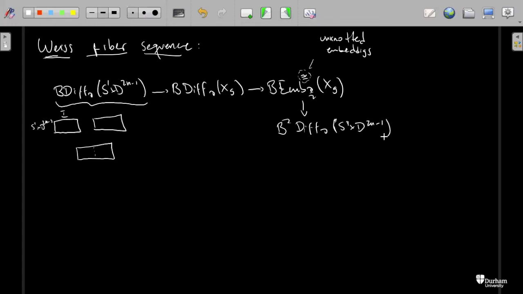So the main point I want to point out about this is that this space is simply connected, right? And that implies that you can plus construct this fiber sequence. So okay, so this is probably too technical. I'm just gonna say that you can put plus here, and the fiber doesn't change, right? Now, why do I care about plus constructions? Well, it's because I can analyze the plus construction of this space. So let me point that out here.